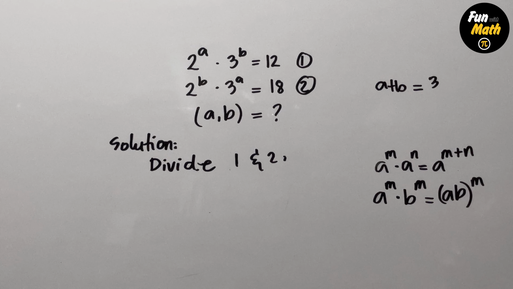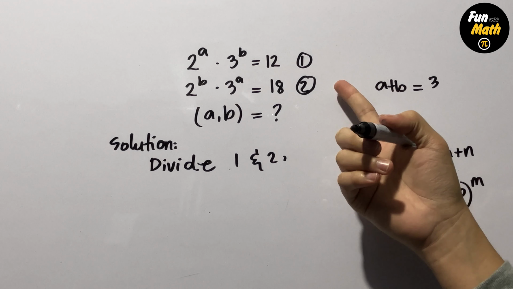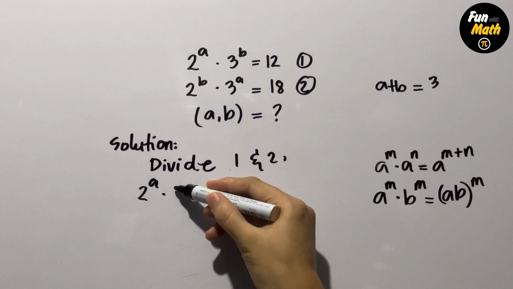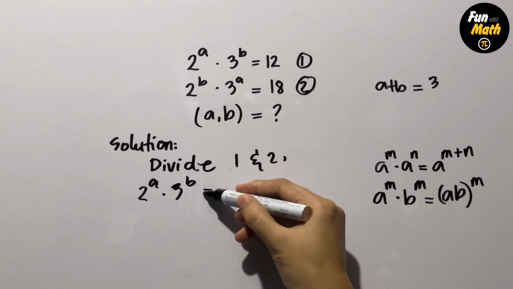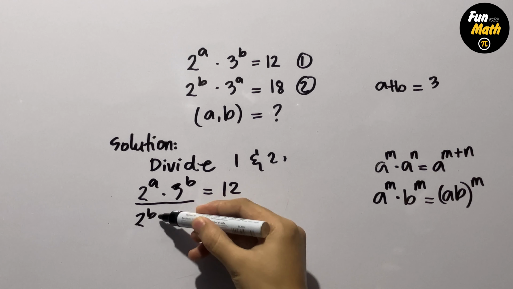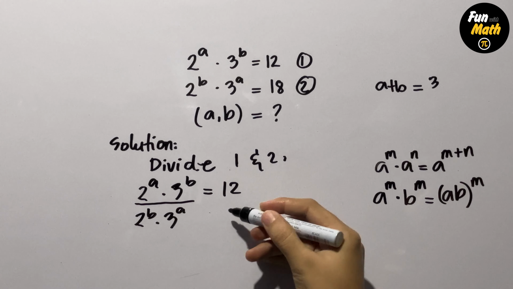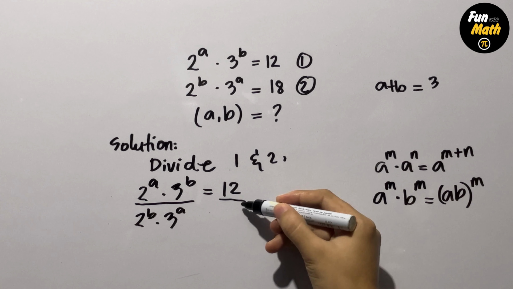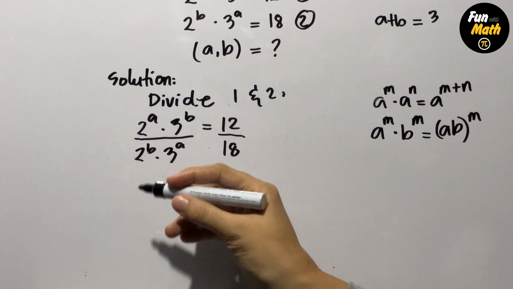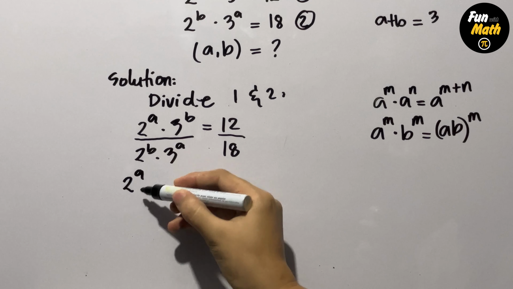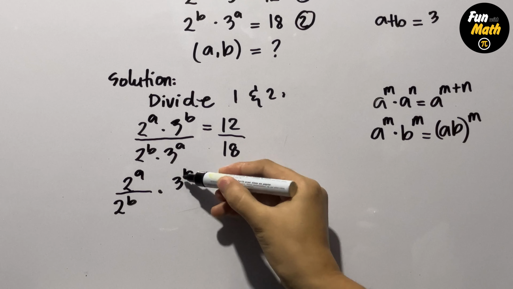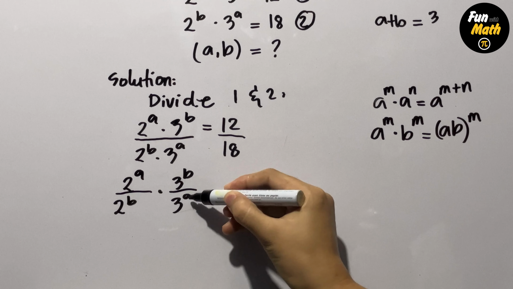Now next is, let's divide equation 1 and equation 2. So this is now 2 to the power of a times 3 to the power of b equals 12 over 2 to the power of b times 3 to the power of a. On the right side, 12 over 18. Now for this, let's separate. That is 2 to the power of a over 2 to the power of b times 3 to the power of b over 3 to the power of a equals